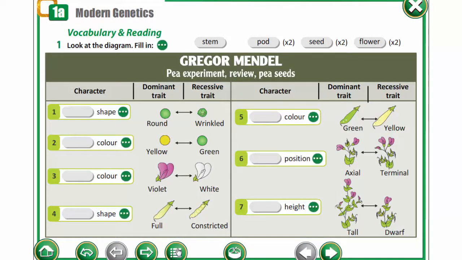Now look at the diagram and fill in the words stem, pod, seed, flower. You are to define character, dominant and recessive traits.